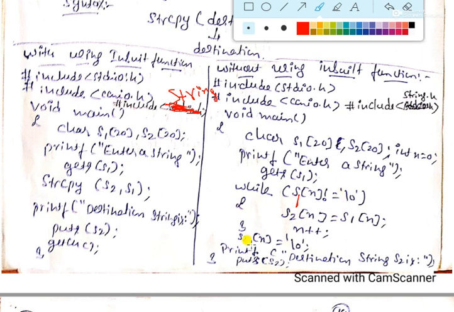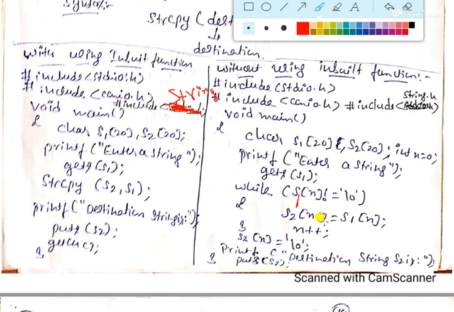But each and every string always ends with the null character, right? That's why, after it comes out of this while loop, we need to attach the null character at the end of s2.